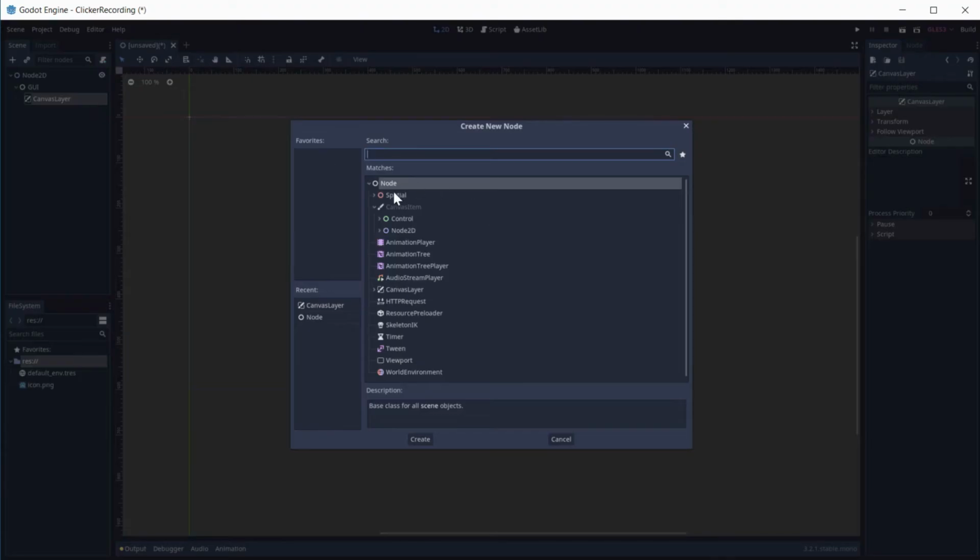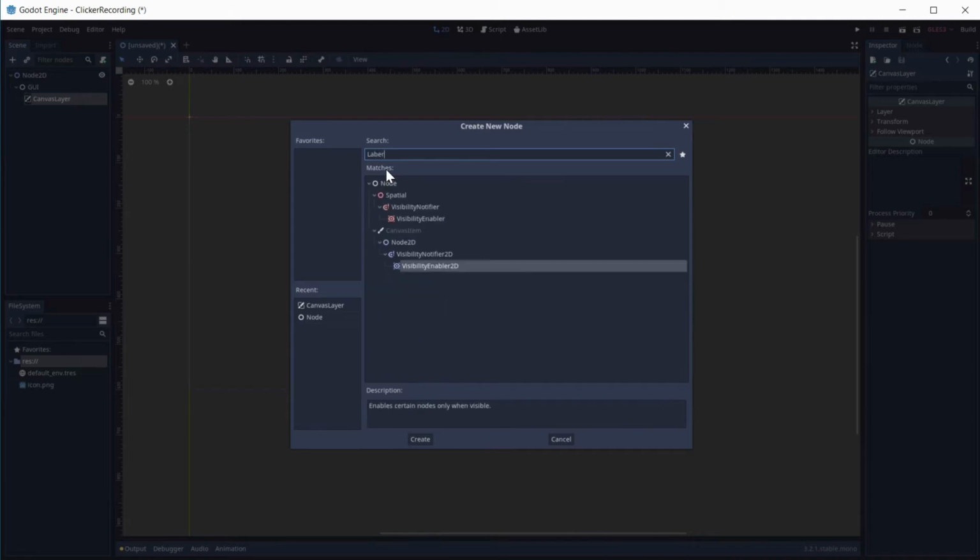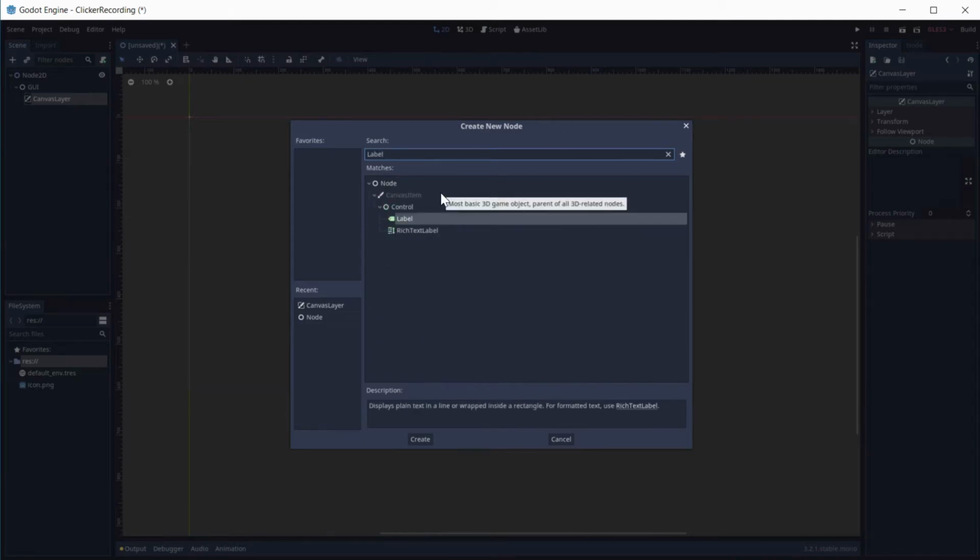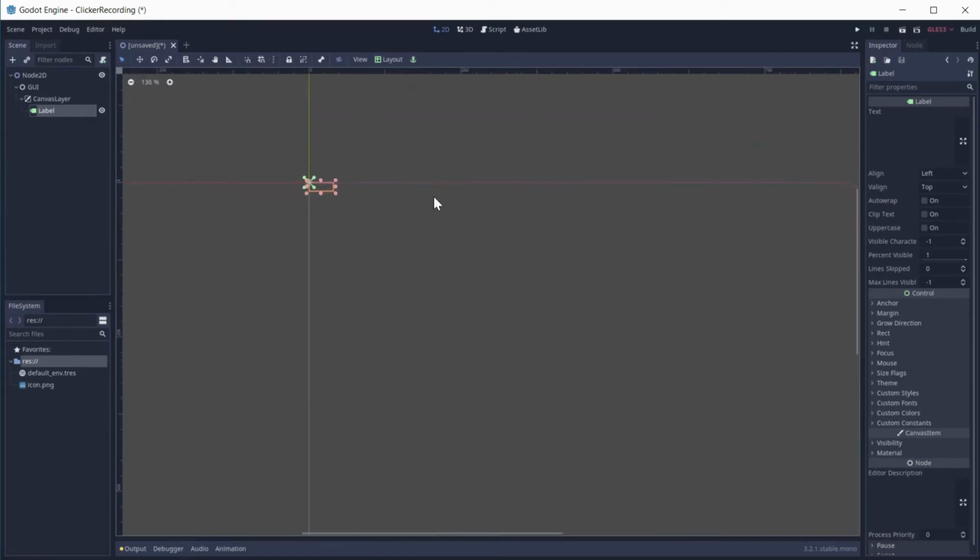Let's add two labels. You can find labels in canvas item control, or just use search, as I do. One will be for cookies count.